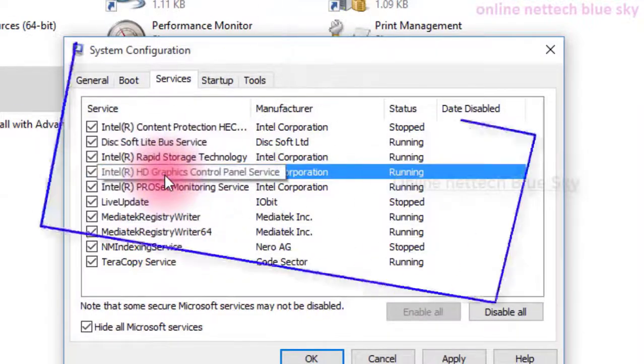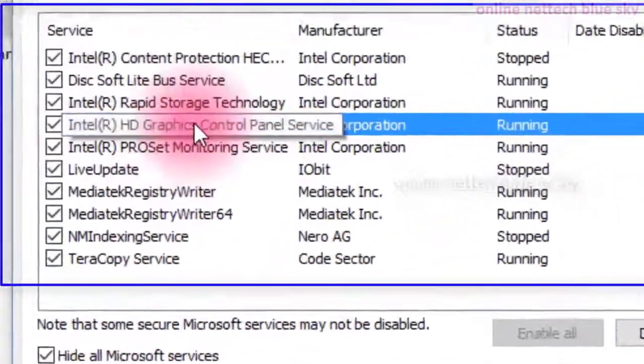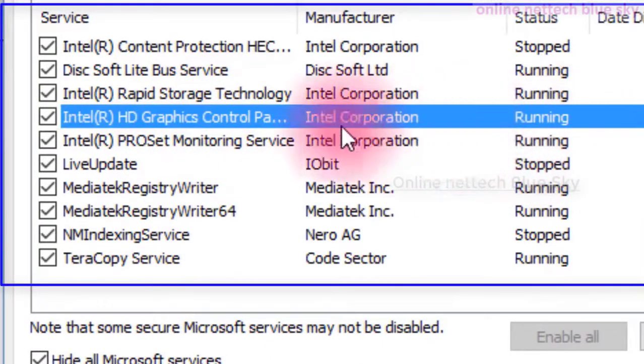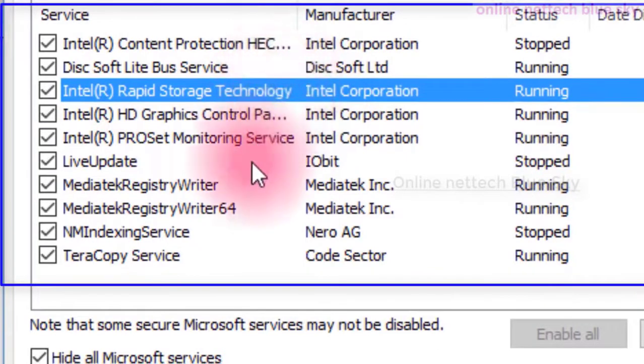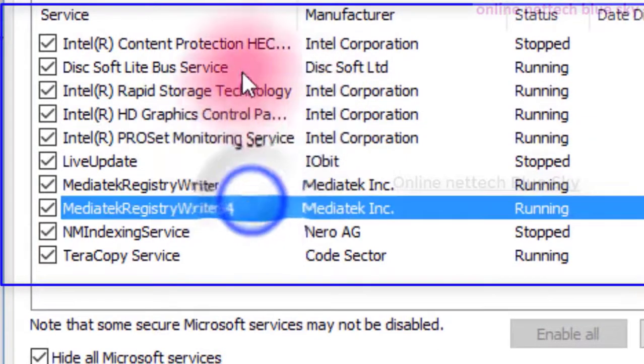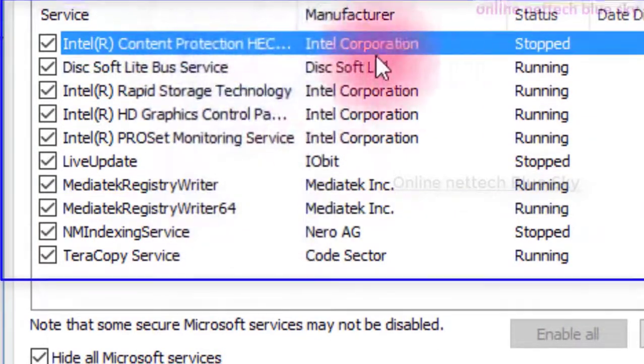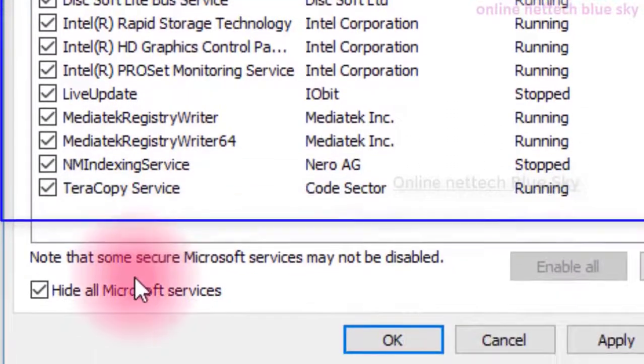So you can see this is Intel R registered technology, Intel R graphics technology. This means Intel Corporation, this is a driver of my devices here, and it's not showing Microsoft company services.